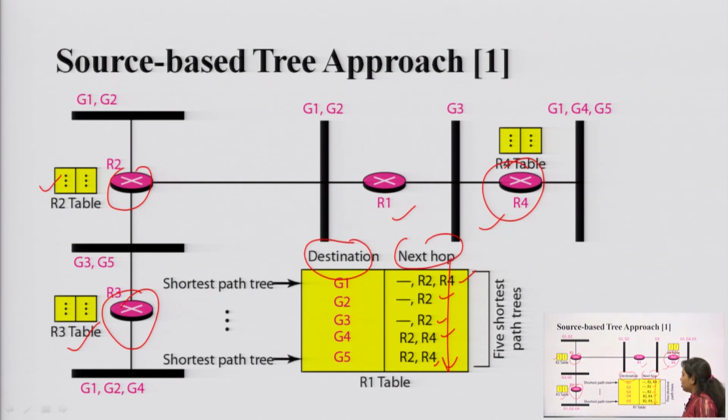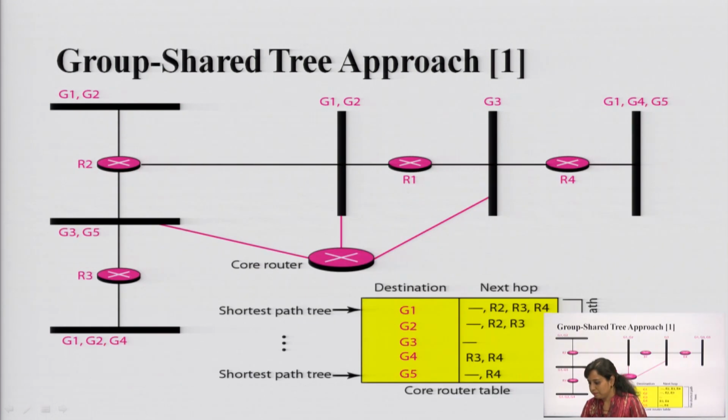These are the destinations, like G1 is the destination, G2 is the destination, G3, G4 and G5. So, these 5 are the destination points, meaning the source we have to consider, and in this routing table it is written that if it wants to reach G1, then what will be the next hop available. If it wants to reach G2, then what will be the next options available. So, this is written over here. There are 5 shortest path trees, and these are the shortest paths which are considered.